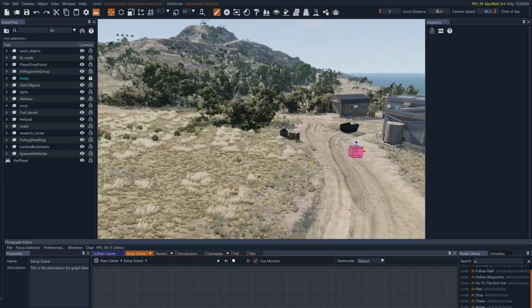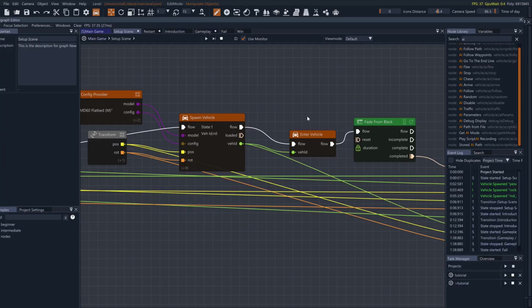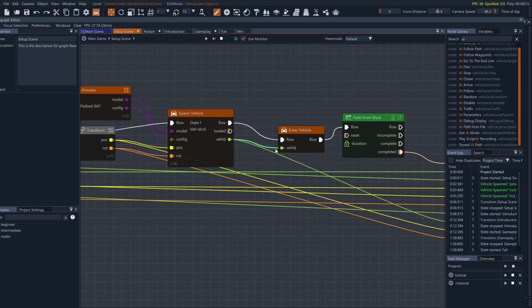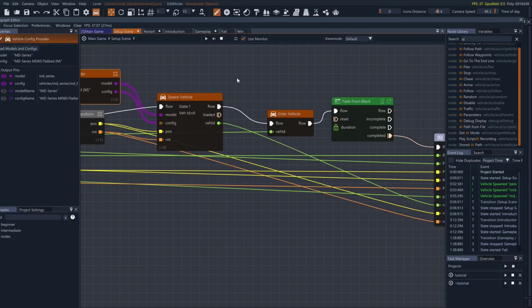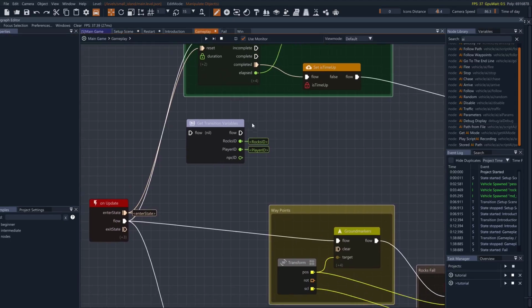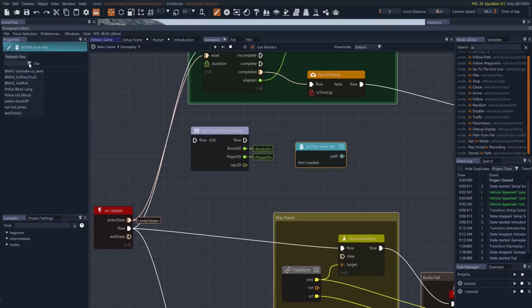It's gotten rid of the truck, cleaned up everything, and now let's go back into Flowgraph. Before I forget, I'm going to quickly set the enter vehicle back to the player vehicle, and then go back into my gameplay. And I want to first AI path from file, and it doesn't have anything in here, but if I go up to the top left here, just click on the drop down, and oh, there it is,